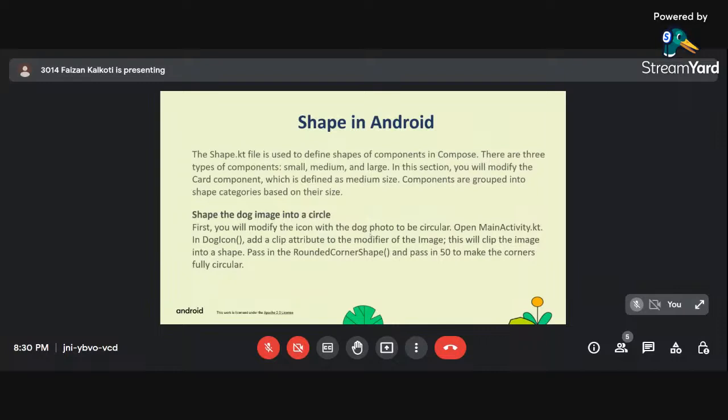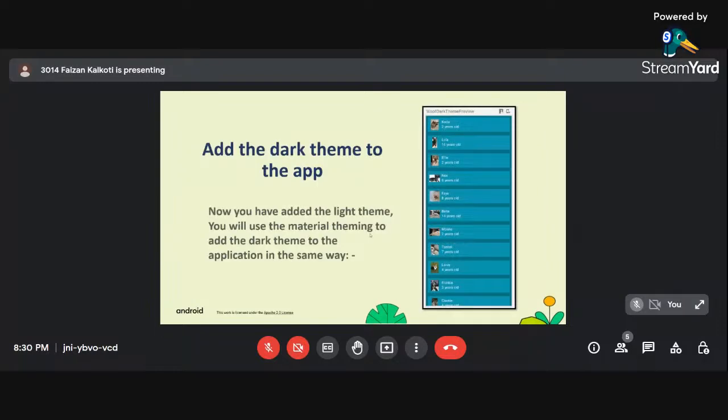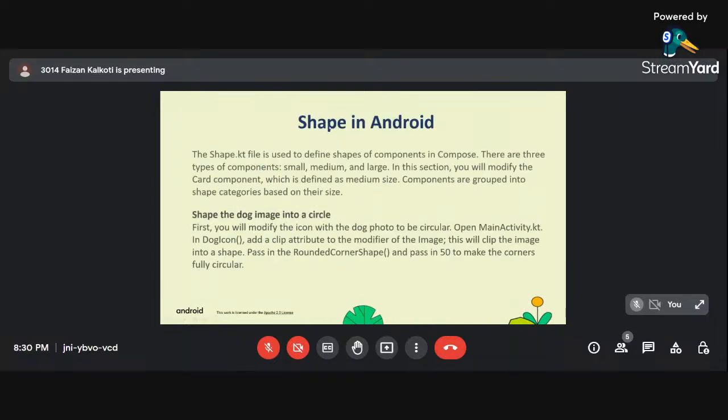Now we'll be seeing how we can shape our rows. If we want to make it more appealing to our users, we need to do something more, right? To make it look more of this era, this 21st century application. So we are starting with the shape in Android. For this, we need to open the shape.kt file, which is used to define shapes